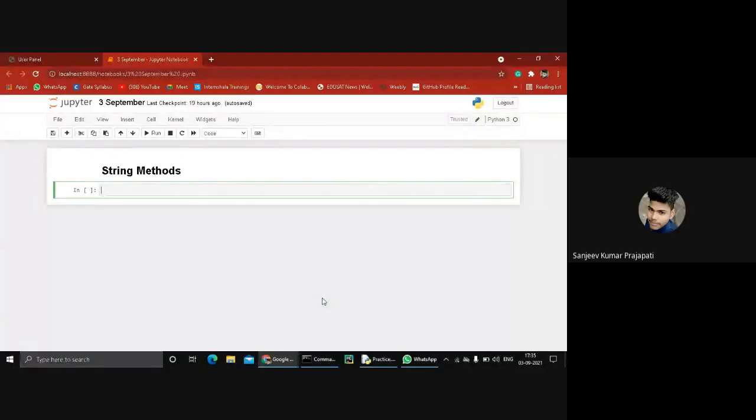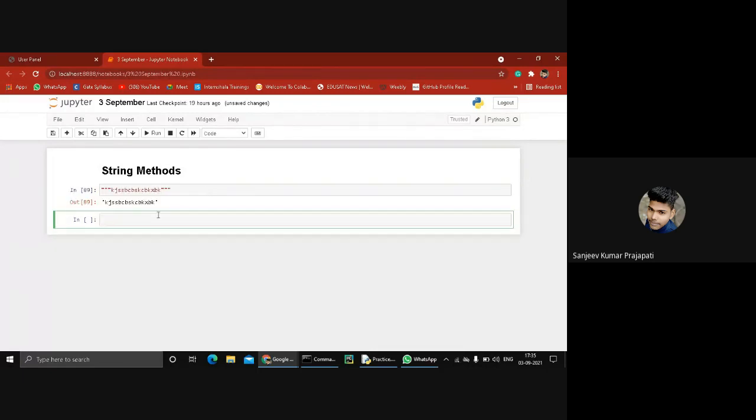Clear your doubt. Like yesterday, I already told you that multi-line comment is not working in Jupyter. For example, we write some strings, but it's printed. So Jupyter does not support this multi-line comment.